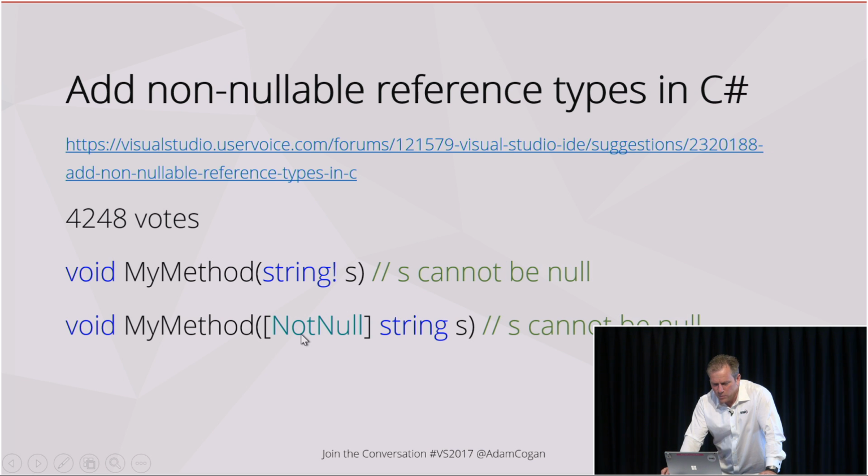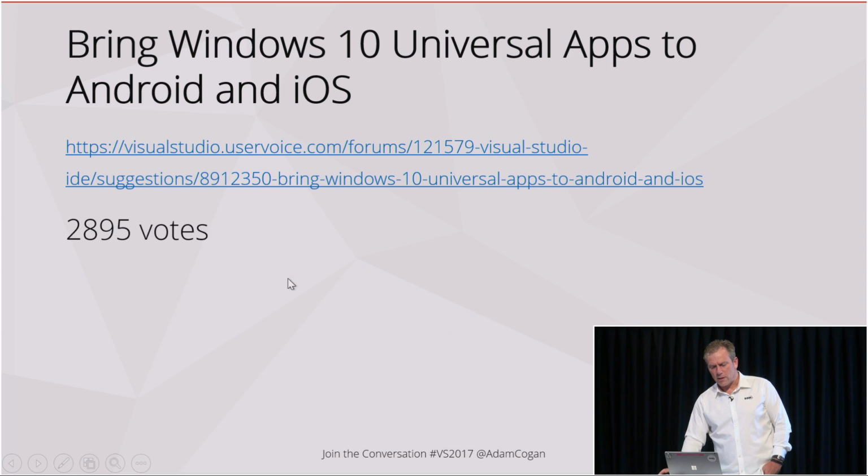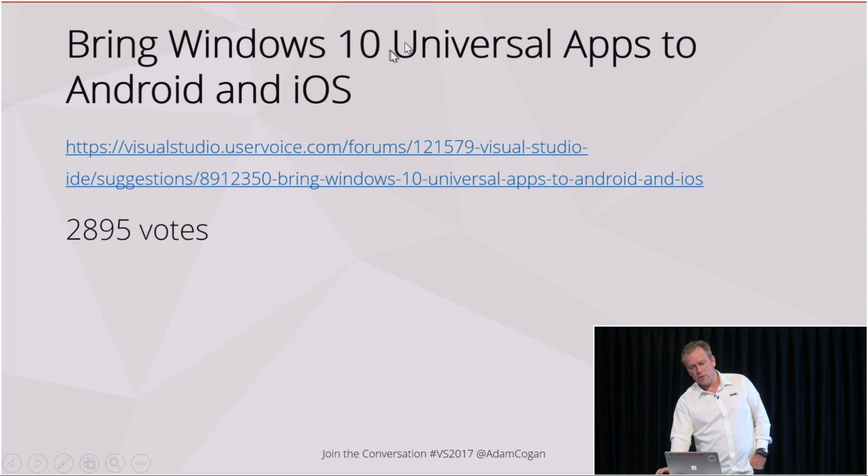So yeah, people just want to do it like this. It's kind of nicer, I guess. Please explain. Oh, it's just a request that they don't want variables to be null. So what happens? Does it throw an exception if I pull it with a null? Yes, they basically don't want that. Well, you wouldn't even be able to compile it. Okay. So the next one, people want universal apps